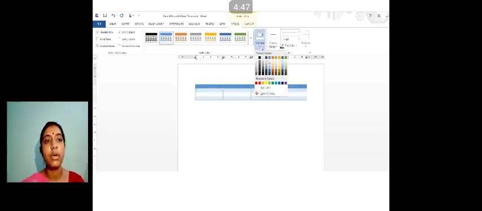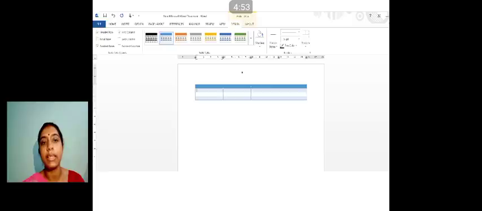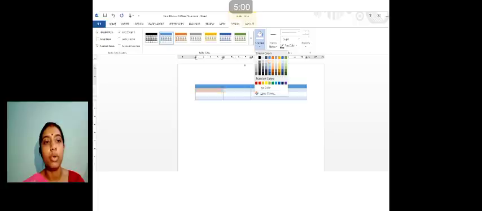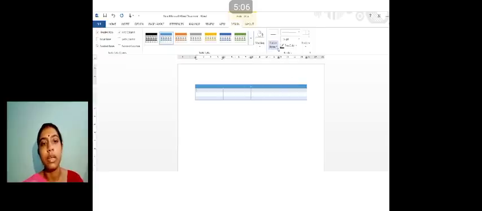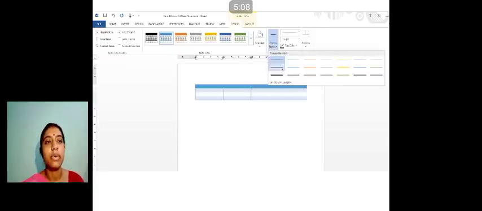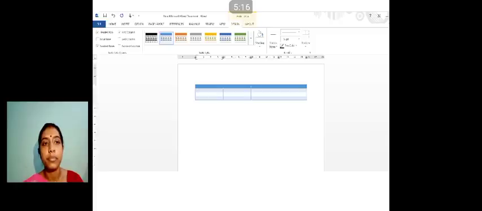Now here you can change the color also of a single particular cell. Just suppose you have to highlight that particular cell, in that condition you can do it. If you have to do it for the whole table, or you require more colors, the same thing you can do. Whichever color you like, because everybody's color preference is different. Even border color and width and all these things, we will study further. We will see how to apply all these things.